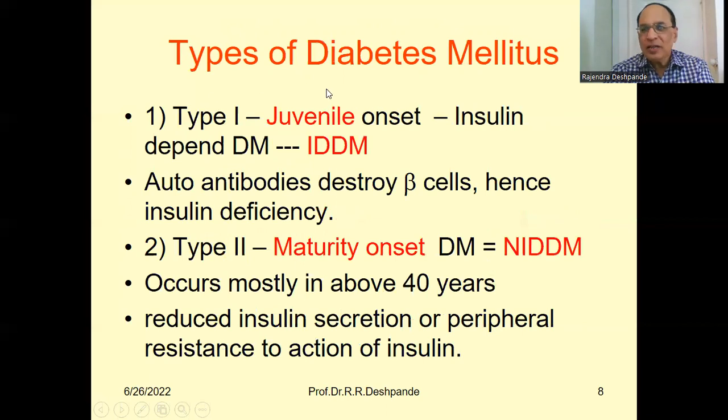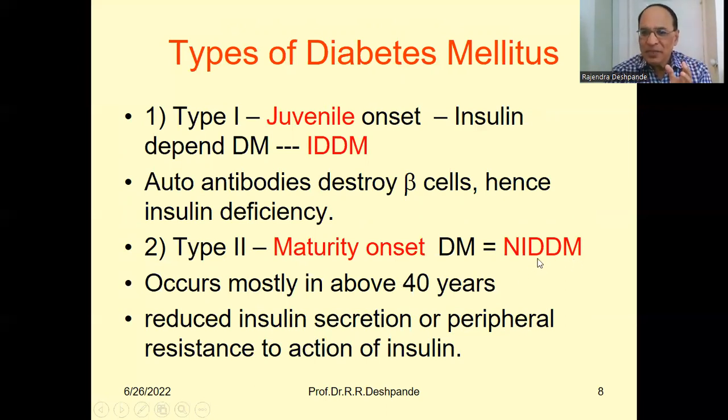Okay, so these are the types of diabetes mellitus. Type 1 is called juvenile onset, insulin dependent diabetes mellitus, IDDM. Autoantibodies, why the cause of this pathology? Autoantibodies destroy the beta cells of the islets of Langerhans in the pancreas, so there is an insulin deficiency. This is juvenile. And type 2 is also called maturity onset diabetes mellitus, NIDDM, non-insulin